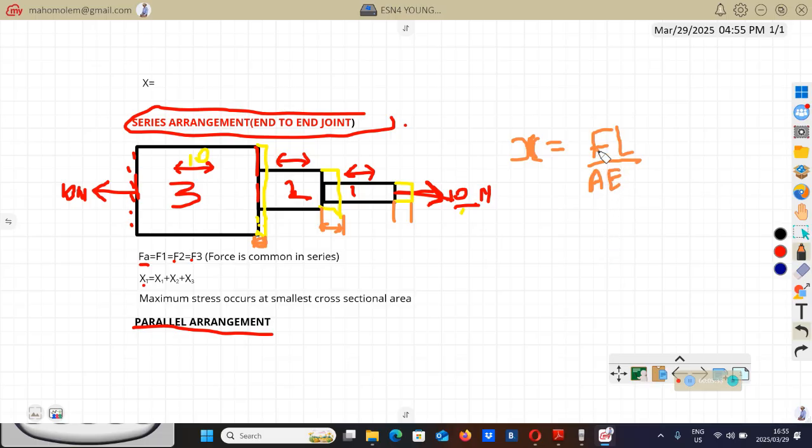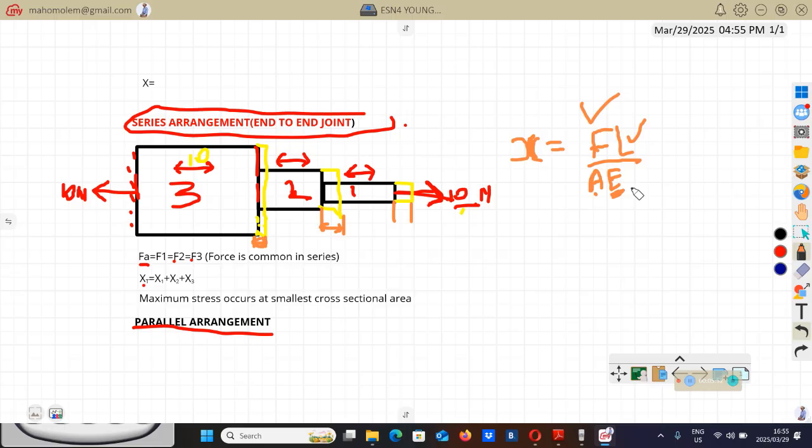So this one is just the force, we know it. This one is the length, we know the length. This one is the area. This one is the modulus of elasticity, so this one depends on the material. So actually this one is telling us